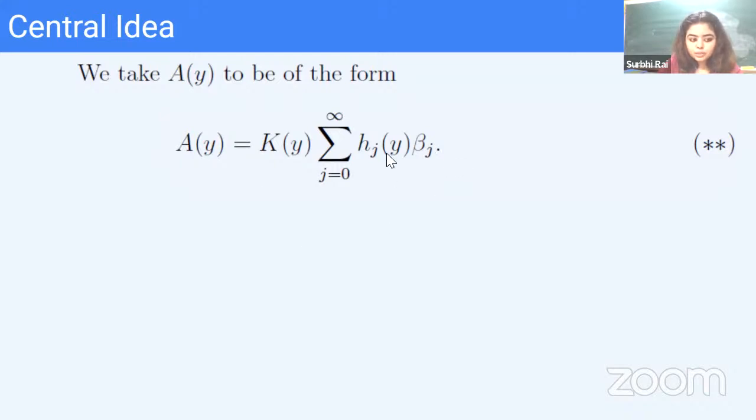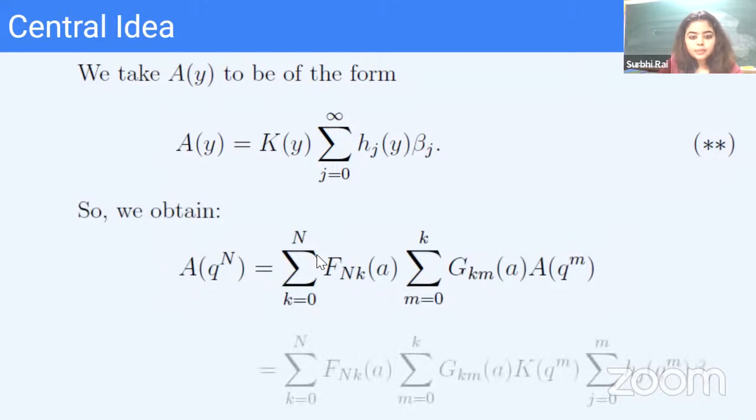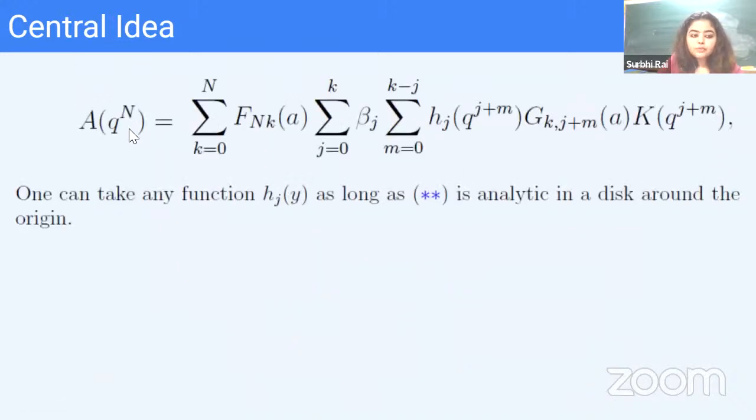So we have taken a_y to be this form, and we obtained this from the last part. Now we substitute the value of a q raised to m using this new assumed a_y in terms of beta j. So we have this summation over here. Now we can interchange the order of these two summations to obtain finally this expression for a q raised to n,